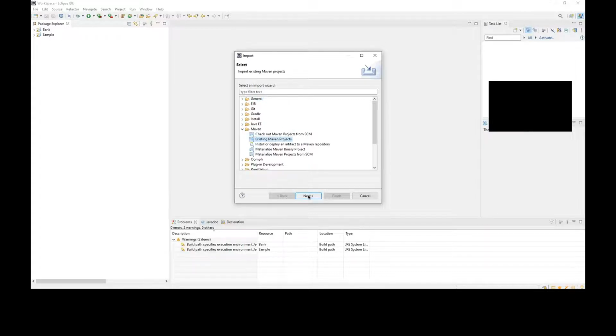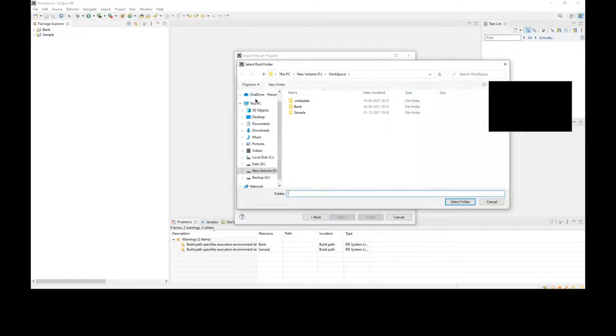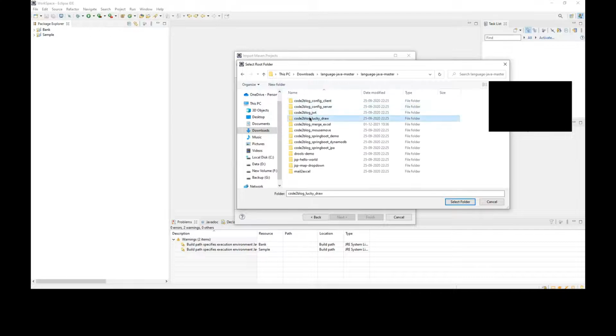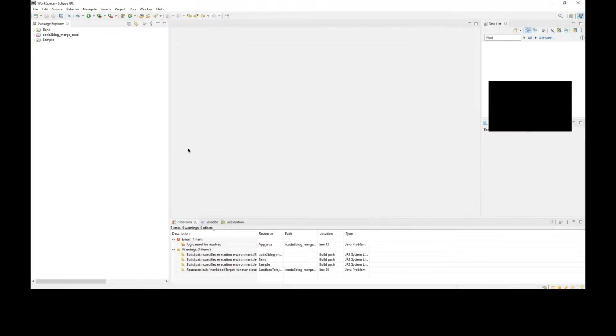So next, select that folder that you downloaded. Click on the finish button. Expand Java. Expand.